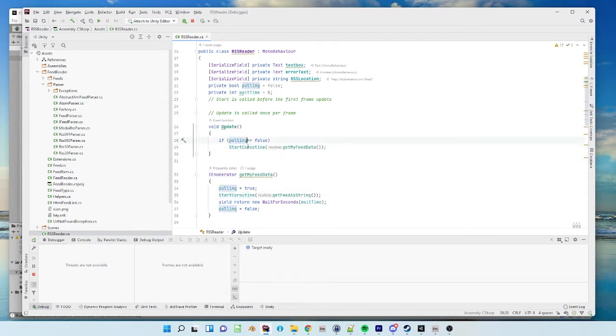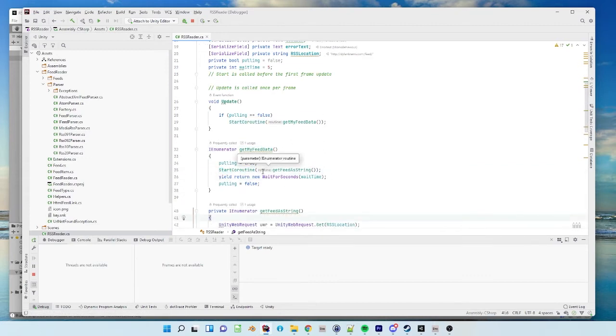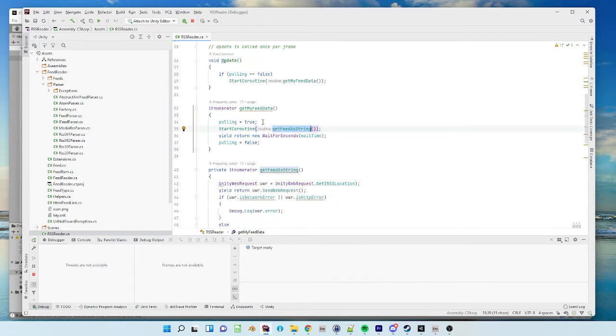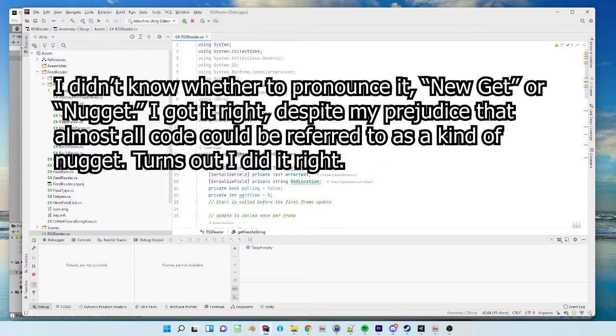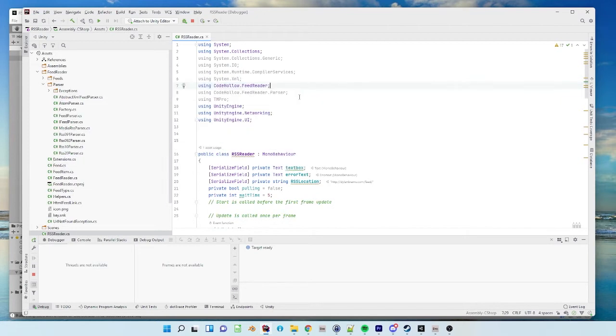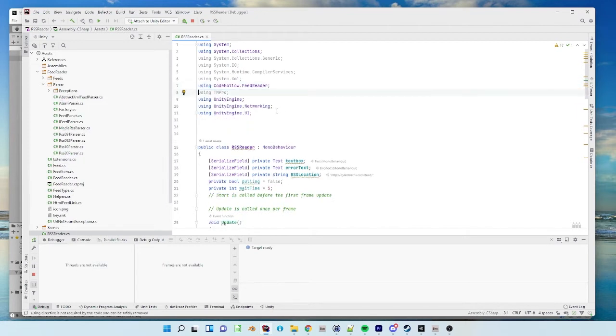Okay. And then it starts this coroutine to get my feed data, and get my feed data starts get feed as string, because this wait for seconds thing can't be put into the same coroutine. But then what happens, and this is a little roundabout, because the original library I pulled was a NuGet package. So CodeHollow Feed Reader is the name of the NuGet package that I used, and I downloaded the entire